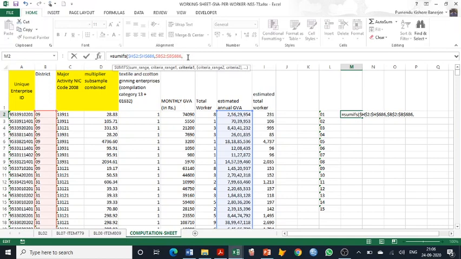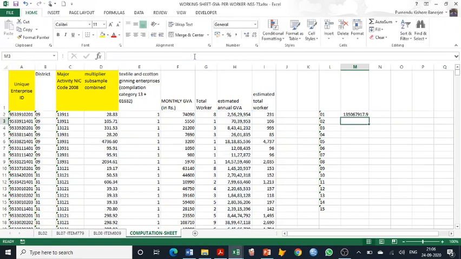And in this we should get this particular district code. Since L is constant here, we give a dollar just before L. So this is criteria range 1, criteria 1. We have only one criteria now, but just to reduce the number of functions which we use, I am using the SUMIFS only.